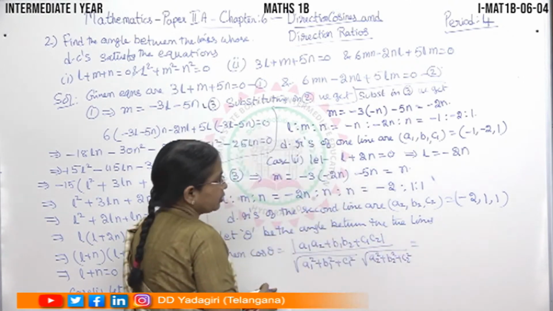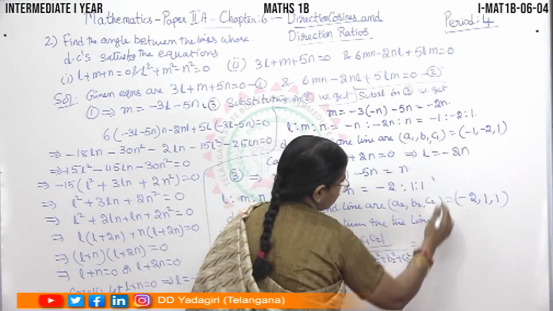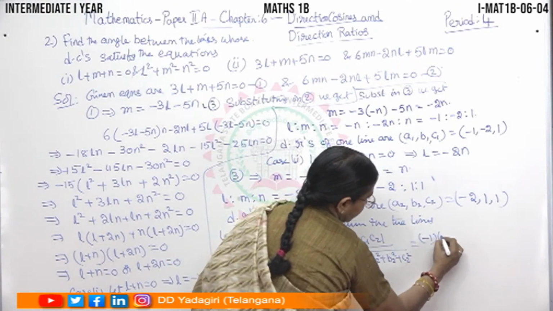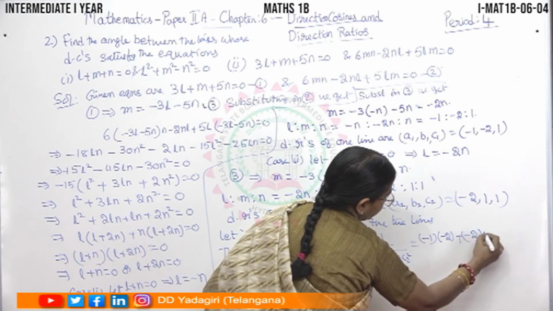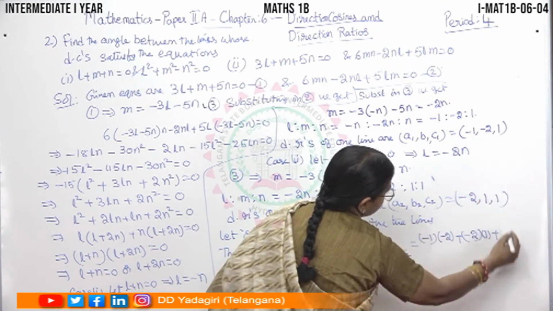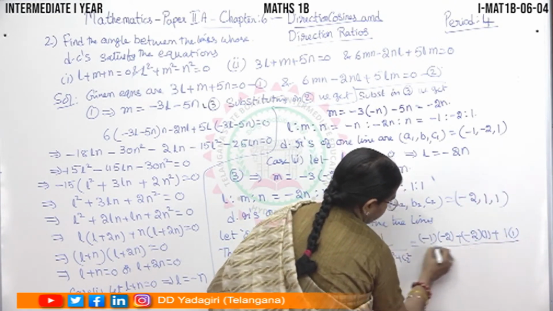Now substitute the values. A1 is minus 1, so minus 1 into minus 2, A1 A2, plus B1 B2, minus 2 into 1, plus C1 C2, 1 into 1, by root of